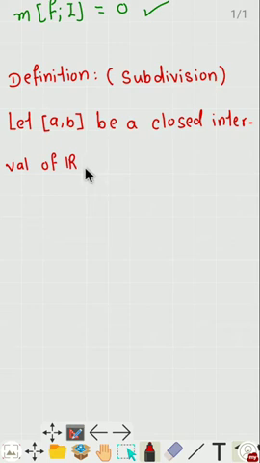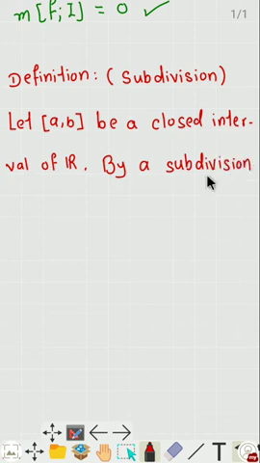By a subdivision of the closed interval a comma b,